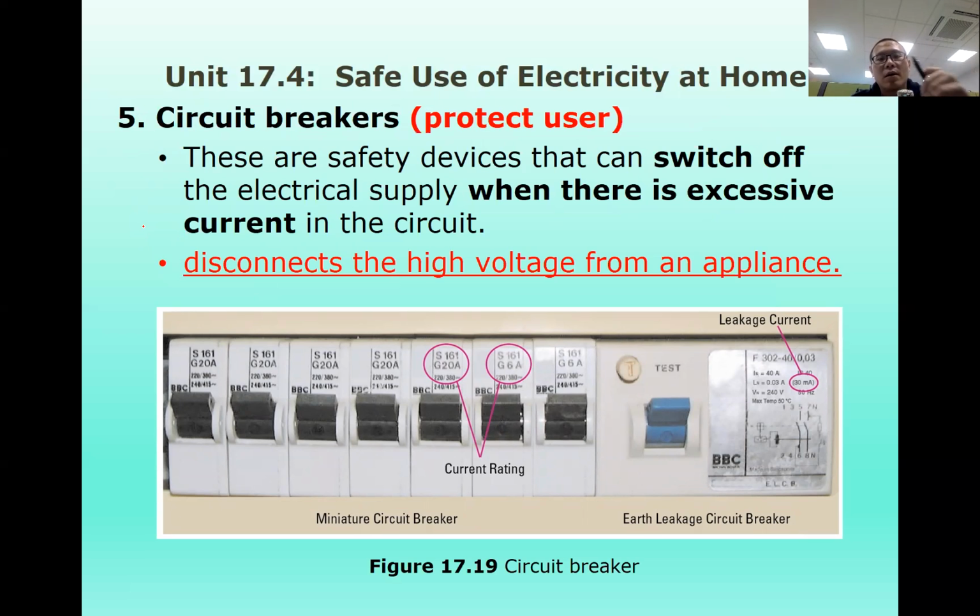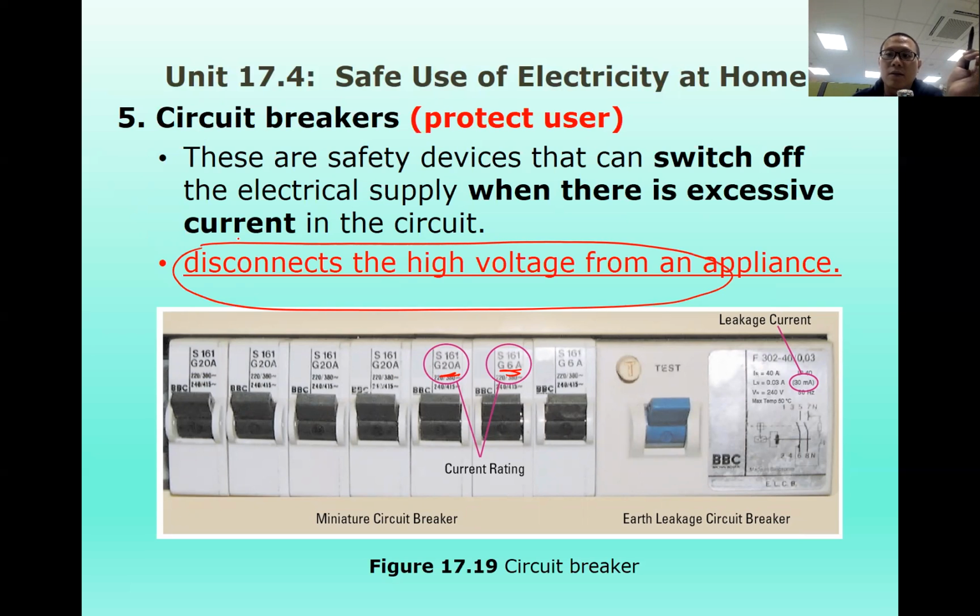So you will find that in a circuit breaker, same as a fuse, there are actually ratings. Okay, 20 amp, 6 amp, 4 amp. It can even be like 25 amp or even 30 amp circuit breaker. The main purpose is when the current is higher than the rating, it will actually disconnect the high voltage